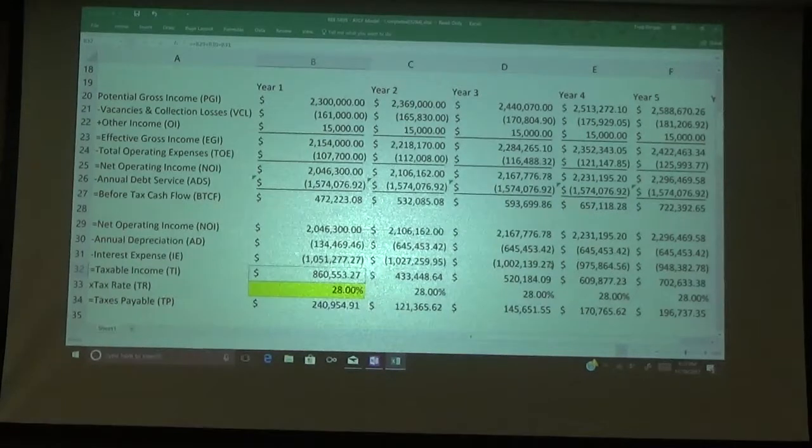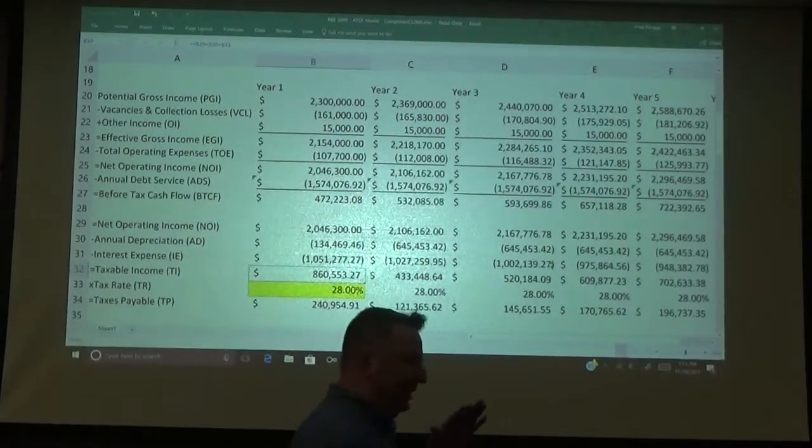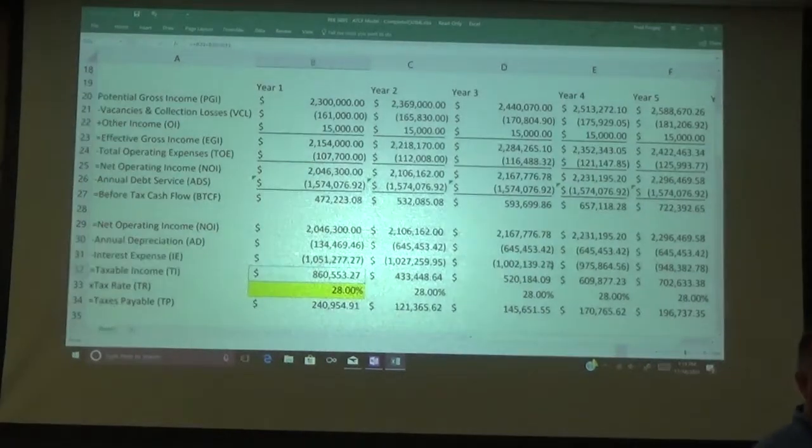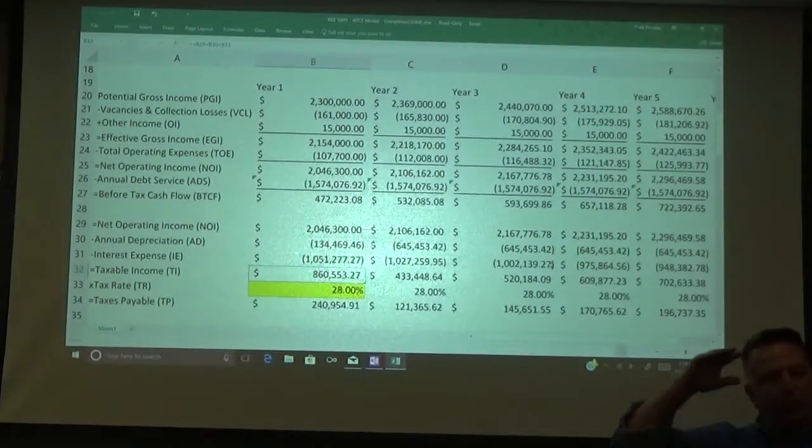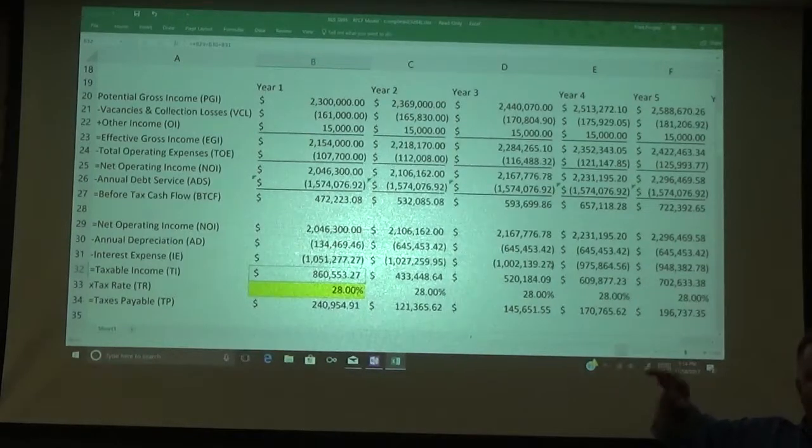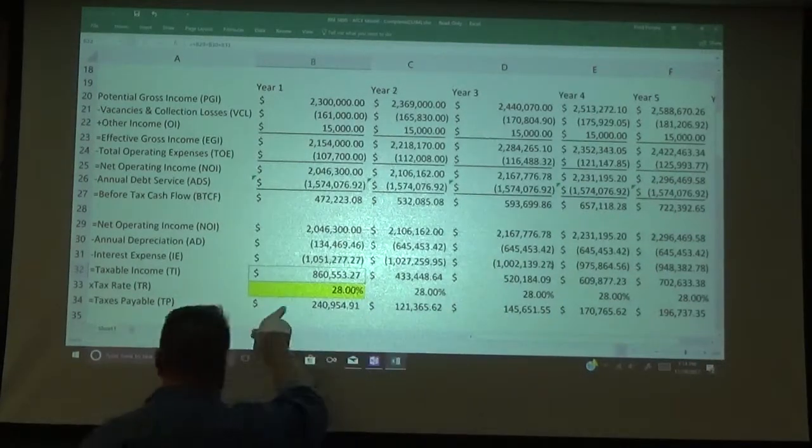Taxable income is kind of coming back to this. So all you're doing here is you're taking your net operating income, subtracting out your depreciation, subtracting out your interest expense to get taxable income. Now, what we're actually doing with these six lines is what I always refer to as a tax calculation subroutine, because we're taking information from one part of the spreadsheet and doing a set of calculations that we have to do to be able to come up with the bottom line, which is the